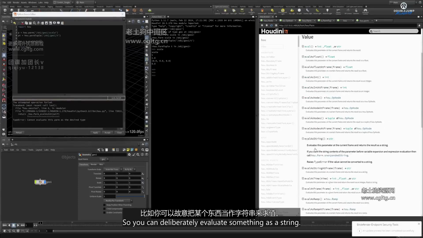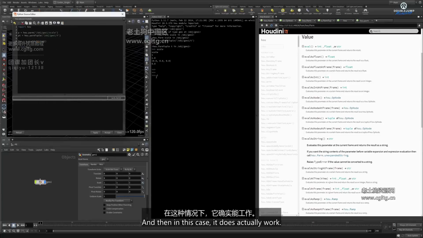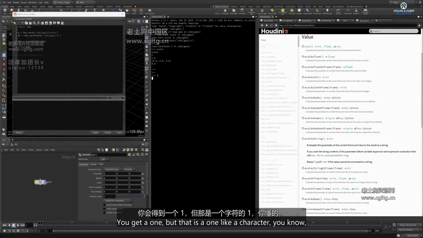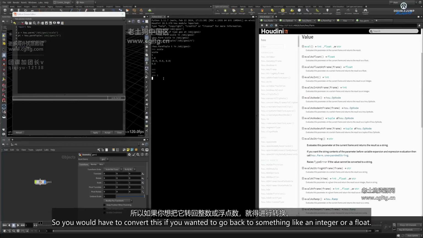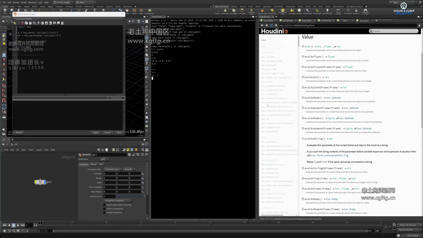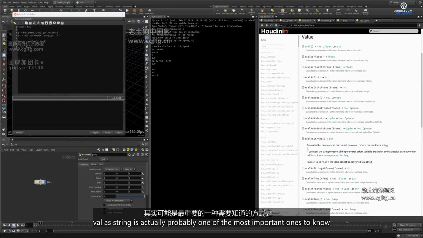You can deliberately evaluate something as a string. So evaluate as string, and in this case it does actually work. You get a 1, but that is a 1 like a character, an alphanumeric, an ASCII kind of 1, not an actual integer 1. So you would have to convert this if you wanted to go back to something like an integer or a float. And evalAsString is probably one of the most important ones to know,